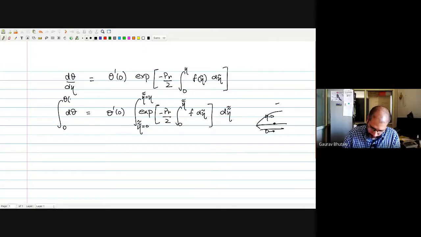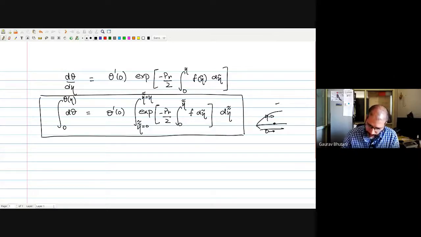Okay, so this is theta at some eta. This is our expression. We have to integrate these expressions, and we can find our theta, and that was the aim. Remember that the aim was to find the theta dependence on eta, where we were solving that ODE that we had obtained by using the similarity idea for temperature as well in the Blasius equations.